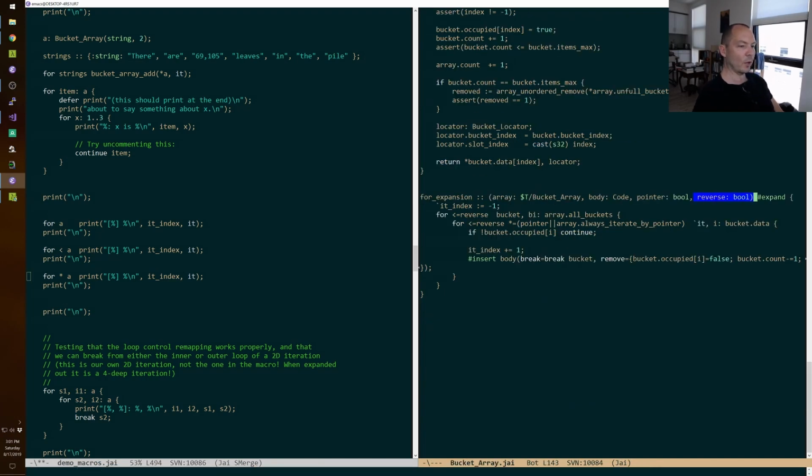What happens is true gets passed in this parameter, right? And then remember, as we opened with, we are able to do this thing very tersely to control the direction over which we iterate the loop. And for this data structure, it happens to be correct that if we want to reverse, then you reverse the outer loop and you reverse the inner loop and you just go, right? And if you want to take things by pointer, similarly,